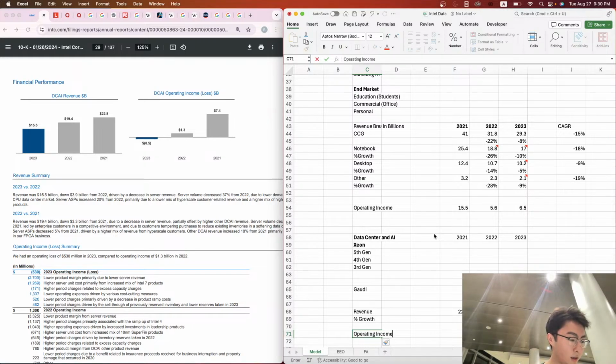Operating income, $7.4. 7.4. It's weird. What if I do that? Okay. 7.4, 1.3, and negative 0.5. Okay, so